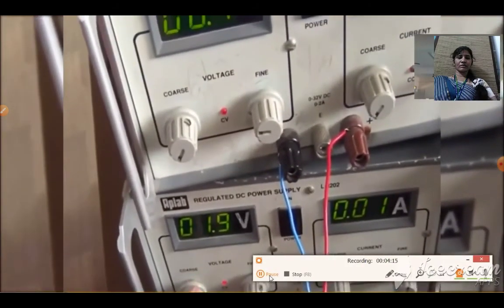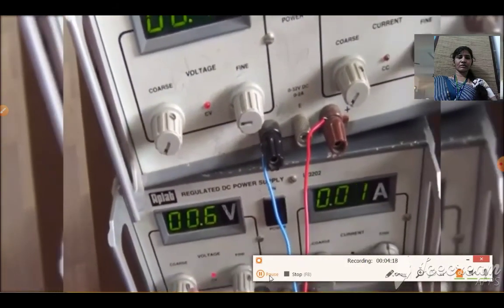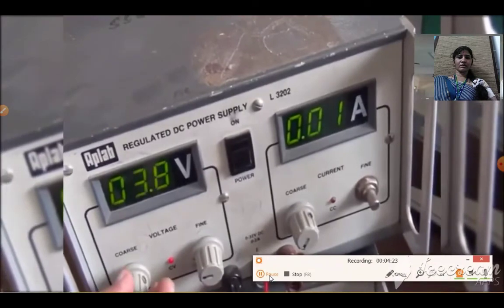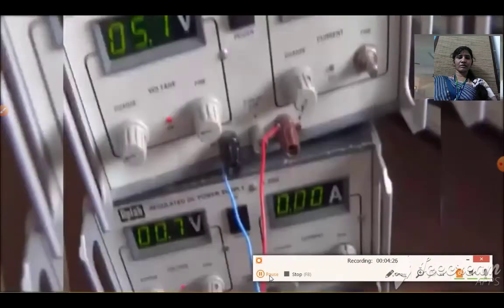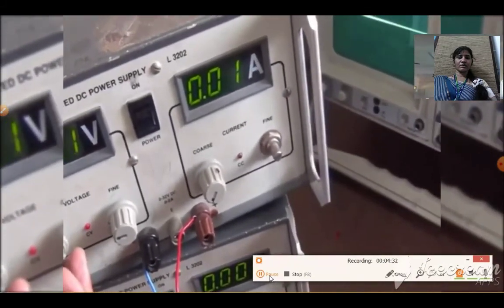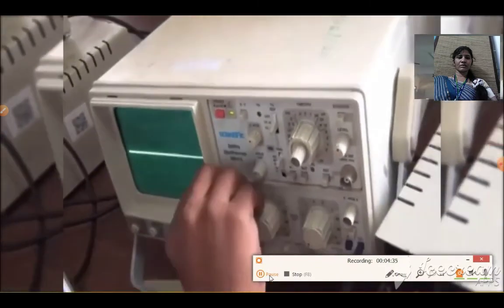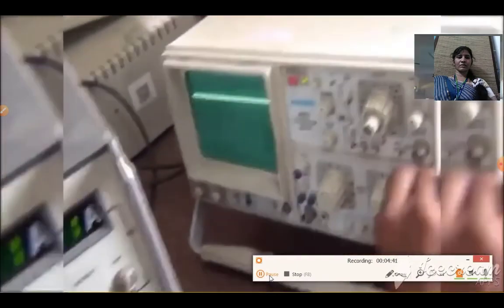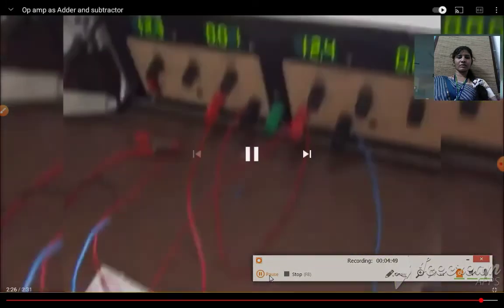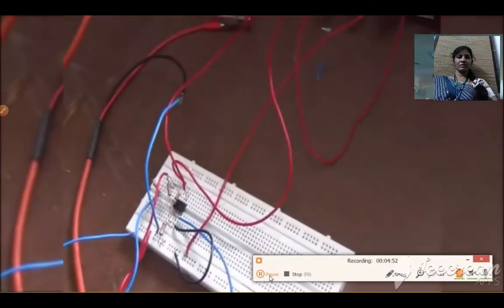Now we are going to reduce the voltage at pin number 2, that is the inverting terminal voltage, whereas the non-inverting terminal voltage I have increased. When I increase this voltage, you will get the output to be positive. You can see the output in the CRO to be positive. So this is how the subtractor works, V1 minus V2. When you see the output voltage between 5.8 minus 0.6, you will get approximately 5.2 at the output. This is how you construct the circuit for a subtractor using an op-amp.